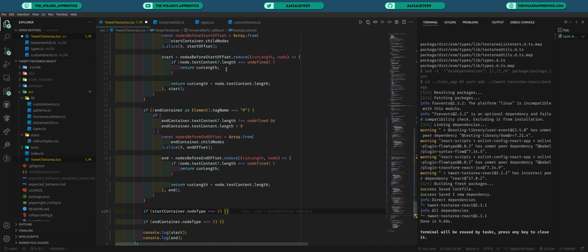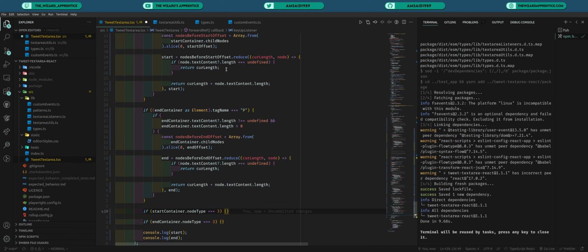So in the case of when the start container and the end container is a text node, what we'll need to do is we will need to get the